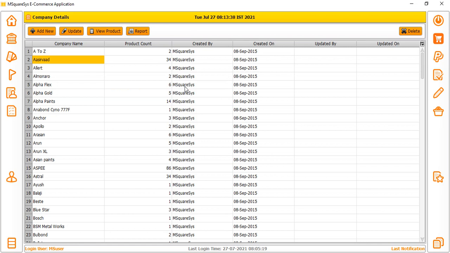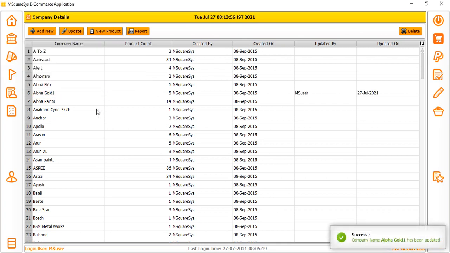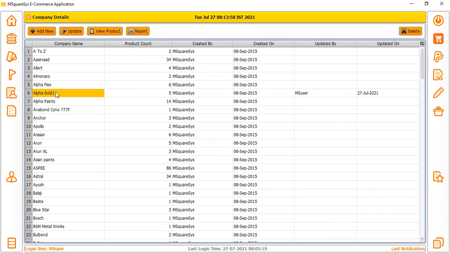Similarly, you can update. Whenever you want to update, just go to the table row, select any one of the companies and go to update. Instead of alpha code, you want to change it to alpha code 1 and press update. Once the update is done, the details will show who updated and when it was updated. This information helps with auditing. As an administrator, you need to know who changed and when they changed. So this is the information we are maintaining.